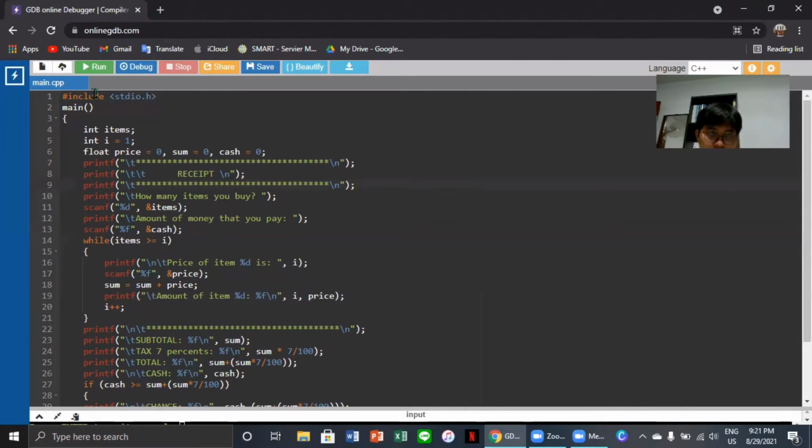Okay, now we'll start from the heading, the main function, and the addresses. First, the teacher told me that we have to make the receipt, and the first thing that I do there is